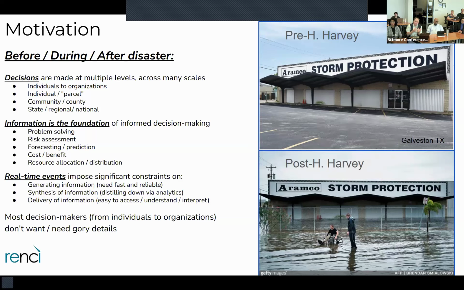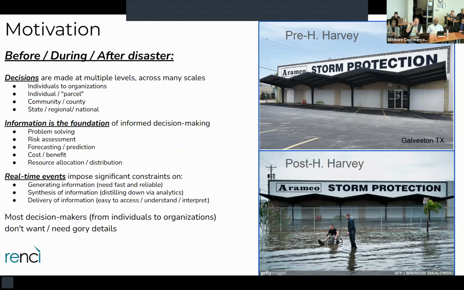And so in some sense, data or information for decision making that's late, or out of phase in a time sense with what people need, is kind of useless at that point. And most decision makers really don't want to know the core details of how you got there. They simply want to know an assessment or information that they can take into their own decision-making frameworks.